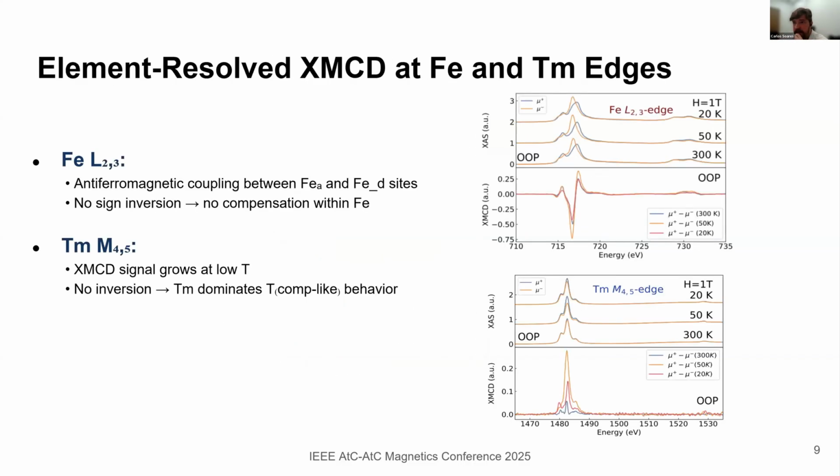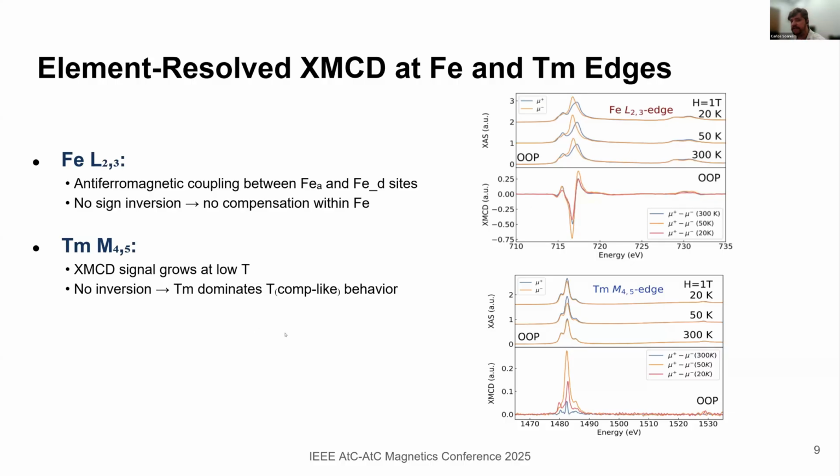And you see in the L23 edge the antiferromagnetic coupling expected between these elements, and no inversion. It's important: you have not observed inversion, no compensation with iron. So you don't have this information about the change of the orientation. The thulium,